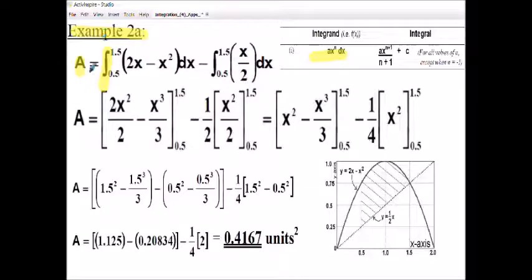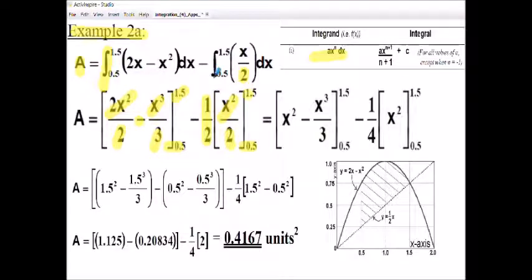Taking the first integral, integrating 2x with respect to x, I get 2x to the 2 upon 2, and we take away from that x squared integrated with respect to x, that's x to the 3 upon 3, between our limits of 0.5 and 1.5. On the second integral, I've taken this 2 outside the bracket before I integrate. It's just a factor, so I can take that as minus 1 upon 2, it's a half of course. So I just integrate x with respect to x, so that becomes x to the 2 upon 2,